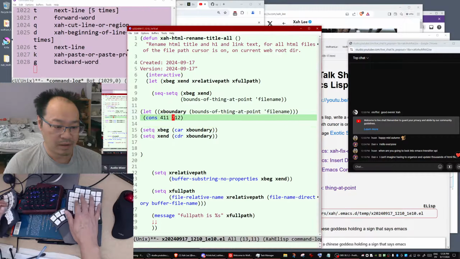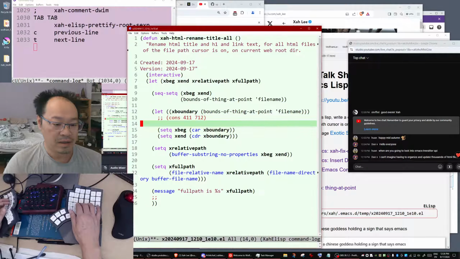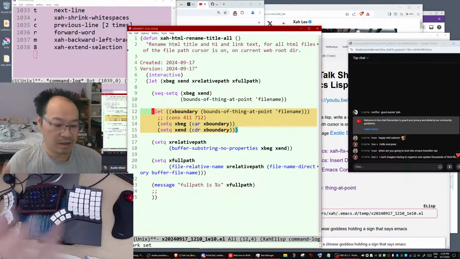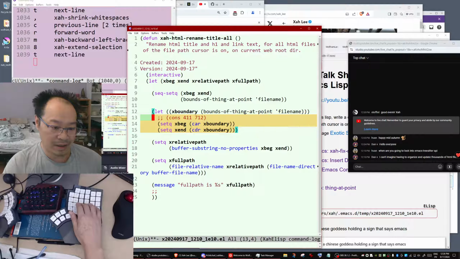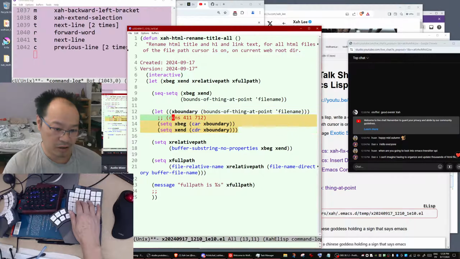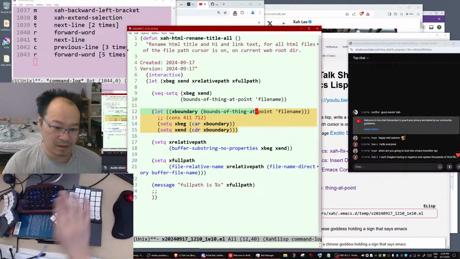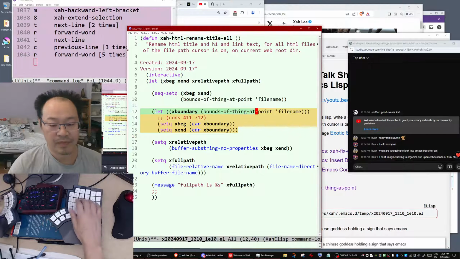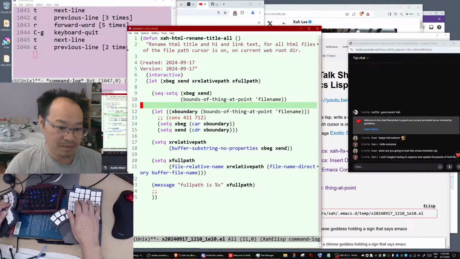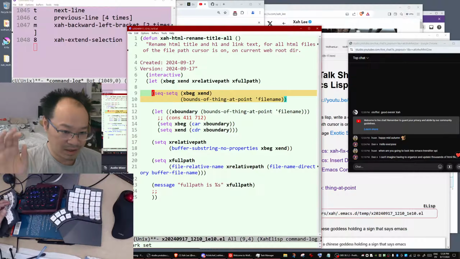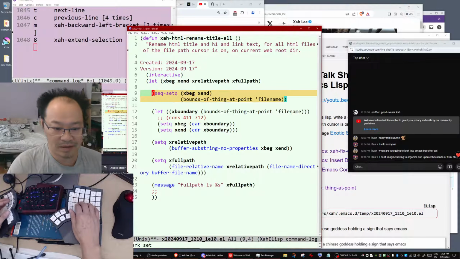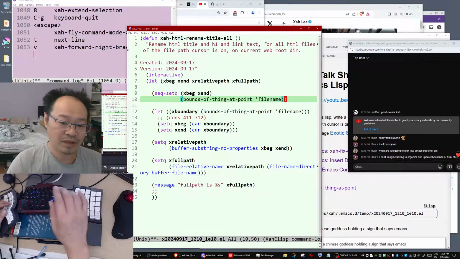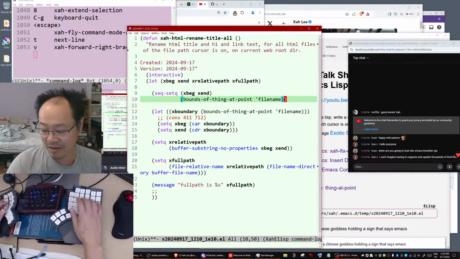Okay, so let's clean up. This is how you set the beginning and end position if you want to use bounds-of-thing-at-point. But over here, set-sequence is much better.